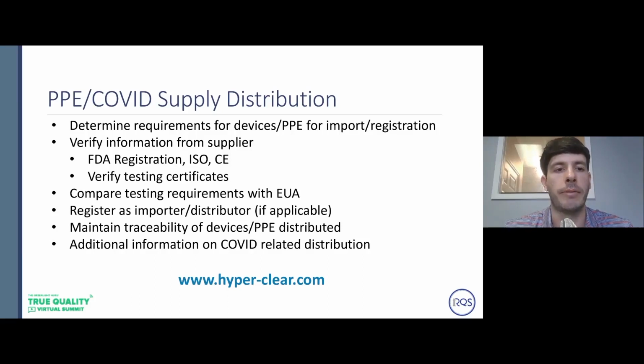So if you have specific distribution, you're not actually making it, you're just buying it and then making it available to hospitals or other general public, whatever the type of device or PPE, definitely reach out to Rook. We've also created this partner site with HyperClear that has additional information specifically on COVID-related devices and PPE. So we can help you identify when FDA registration is needed,